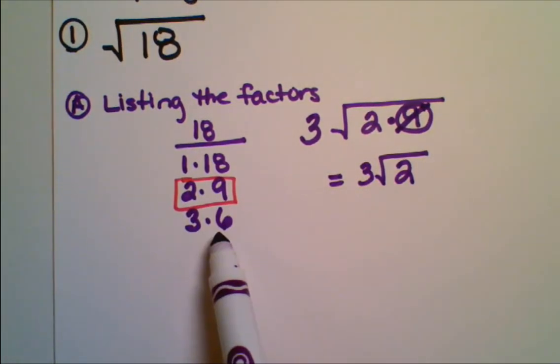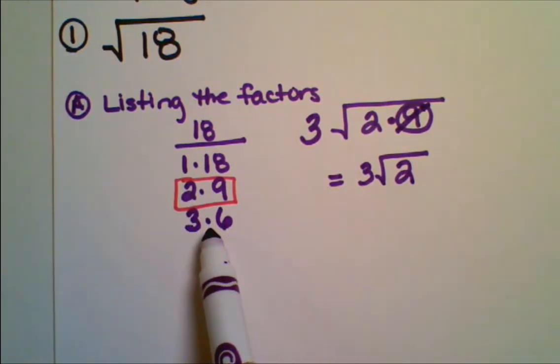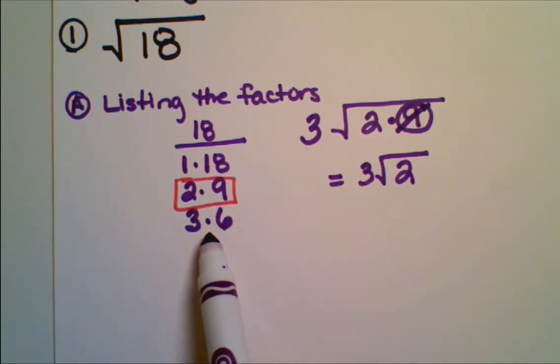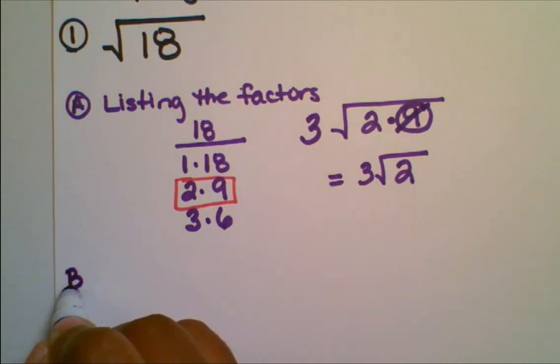I don't have a problem with this, but sometimes when you list the factors, you have several sets that may have more than just one perfect square root. So finding which one it is becomes the issue. Now B,